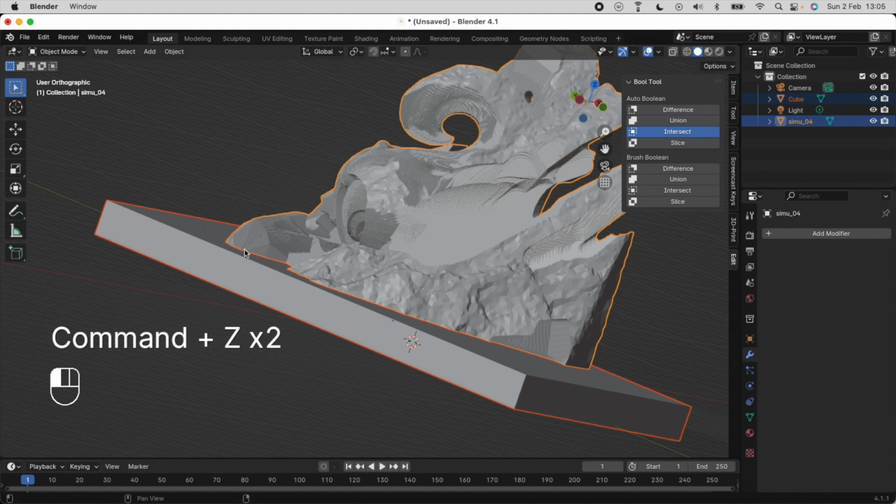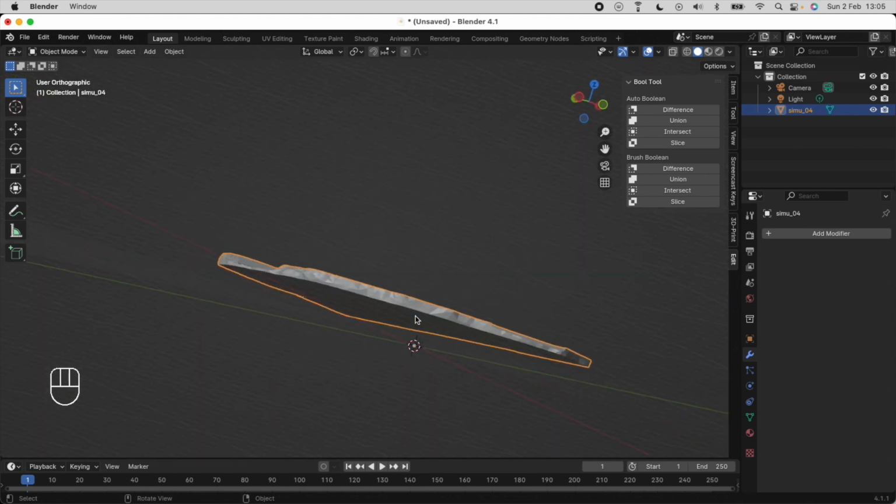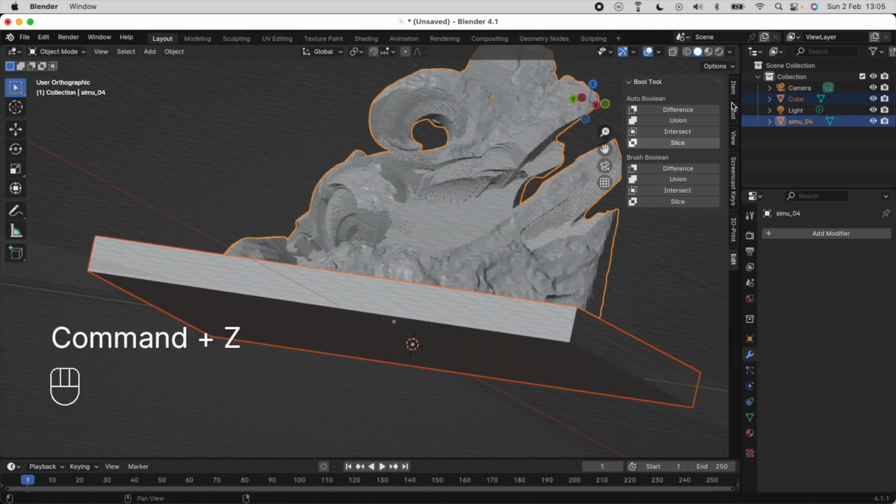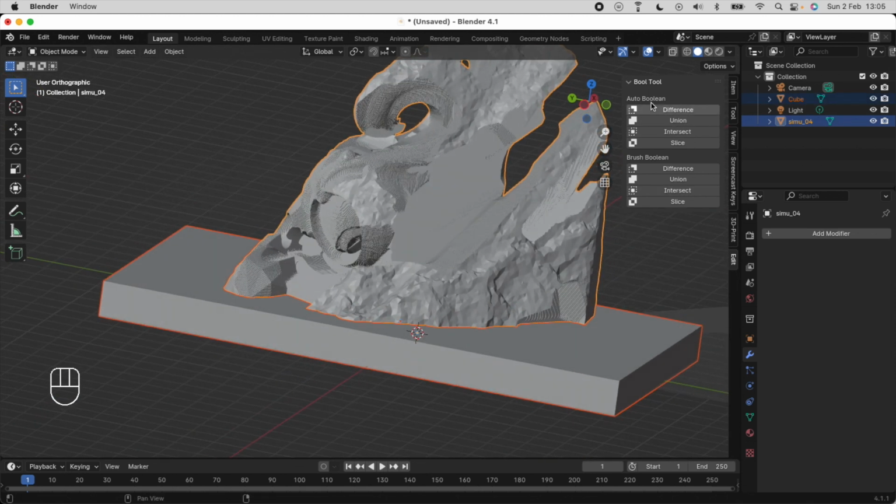Intersect will be the area that those two objects overlap, which again can be useful depending on what you're doing. And the last thing I'm going to show you is the way to apply your bool tool. You can actually have it as a modifier. So again, I make sure that our bool object is selected first, then our target object, and add a Boolean, let's go with difference, and that's going to make it as a modifier,